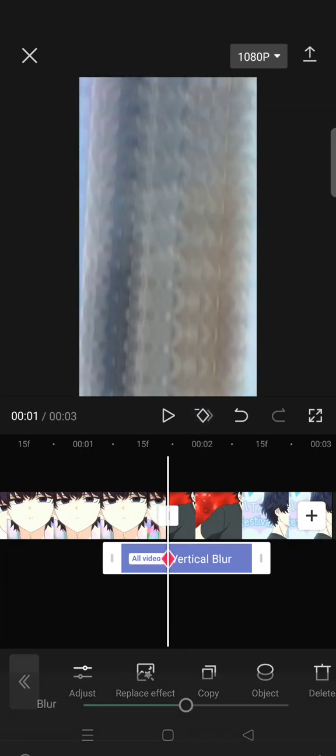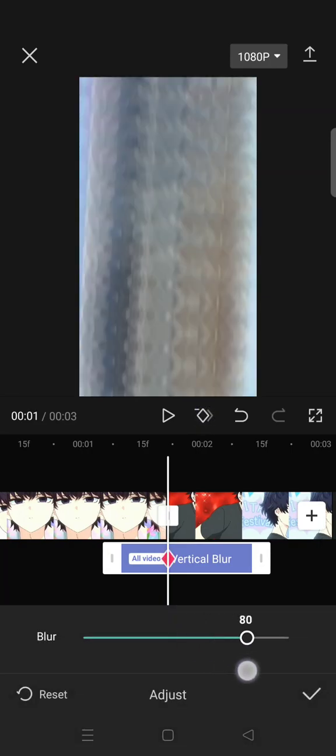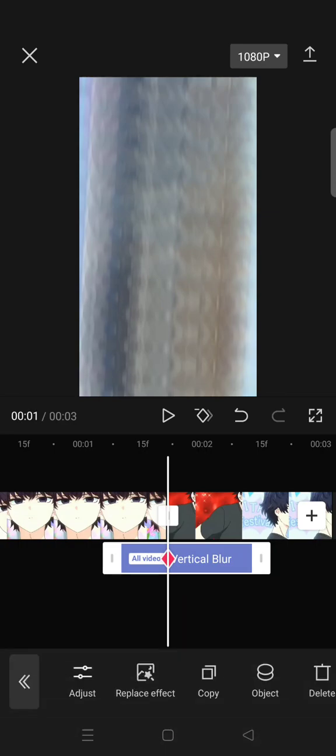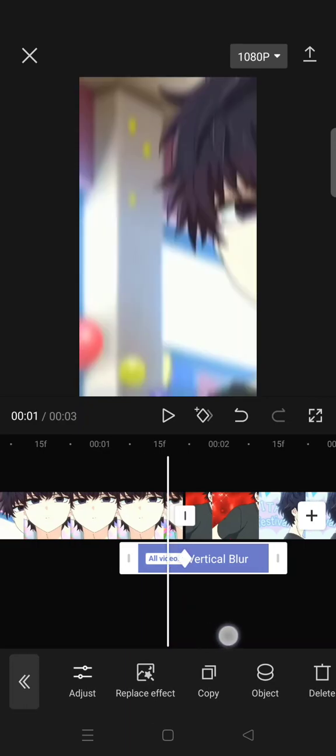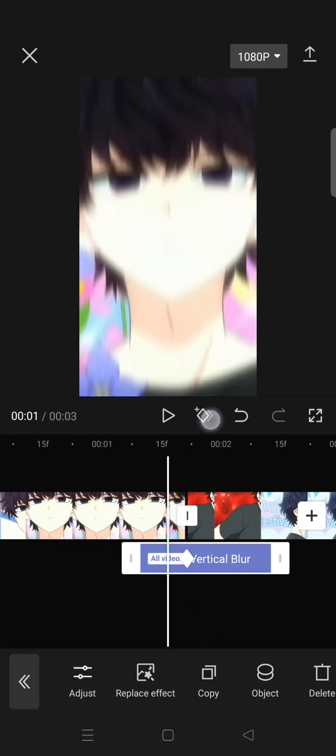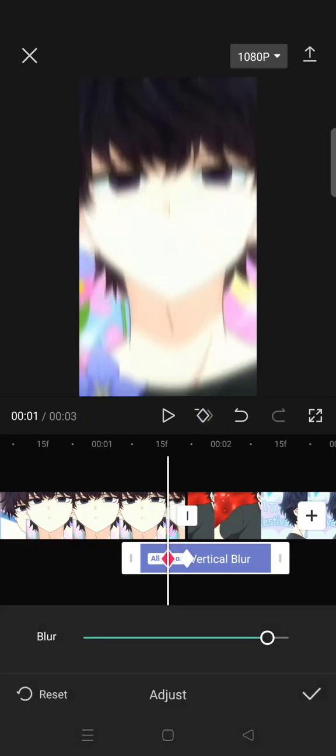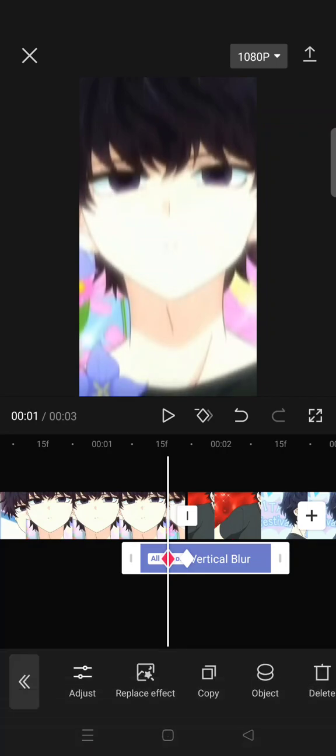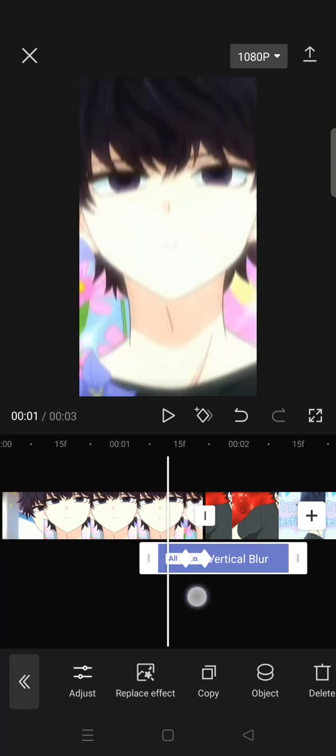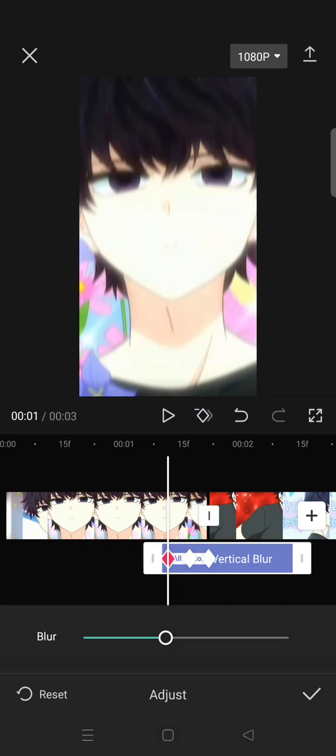So add the first keyframe in here and set the blur to 90. Click on the check icon. Now backward a bit and then add another keyframe. Now put the blur to 40. Okay, and then backward again, then put the blur all the way to 0,